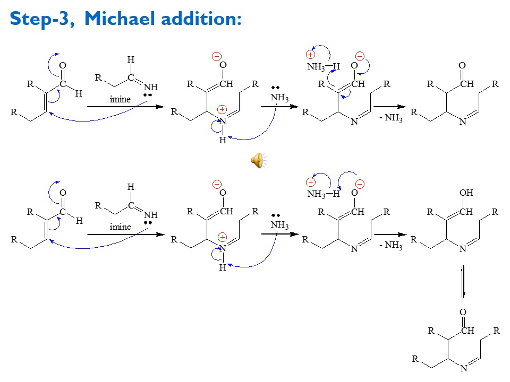Second question is why the attack is on this beta carbon, not on the carbon of the aldehyde group. This can be explained in this way: the carbon alpha-beta double bond is resonating towards the carbonyl, and due to this resonance towards the carbonyl, the electrophilic character of the carbonyl carbon has been decreased too much,